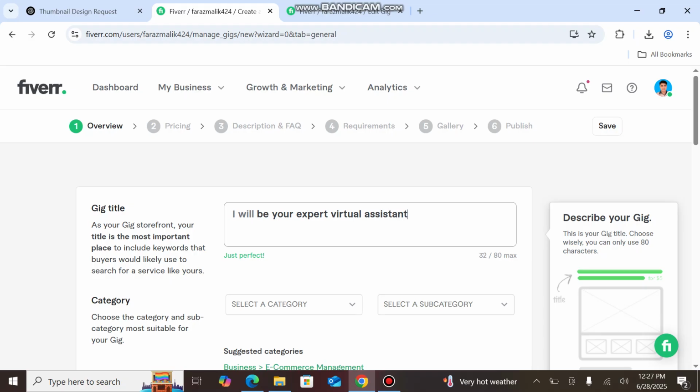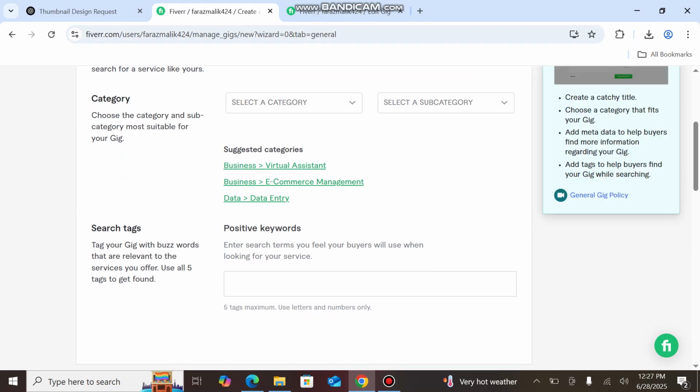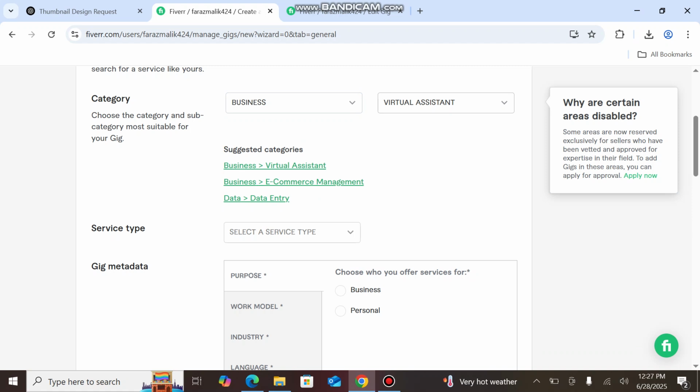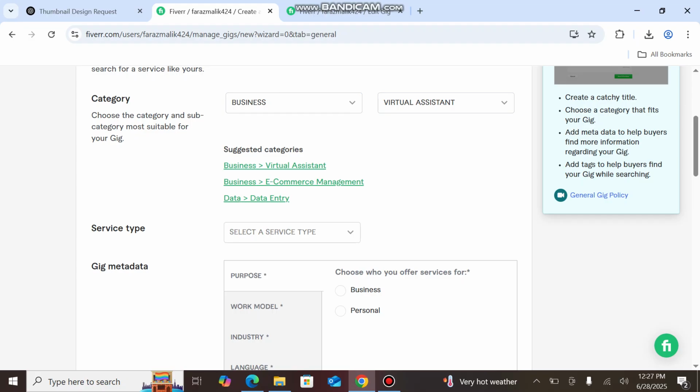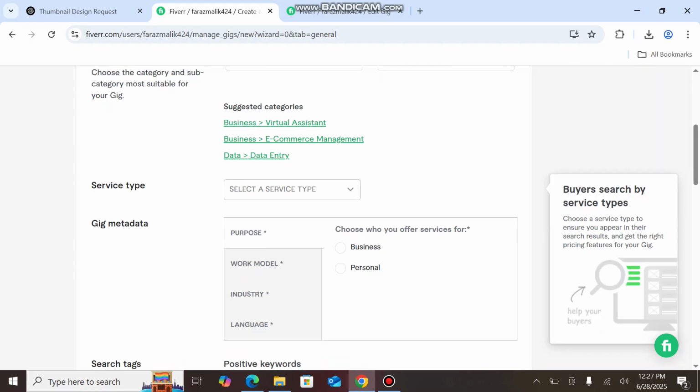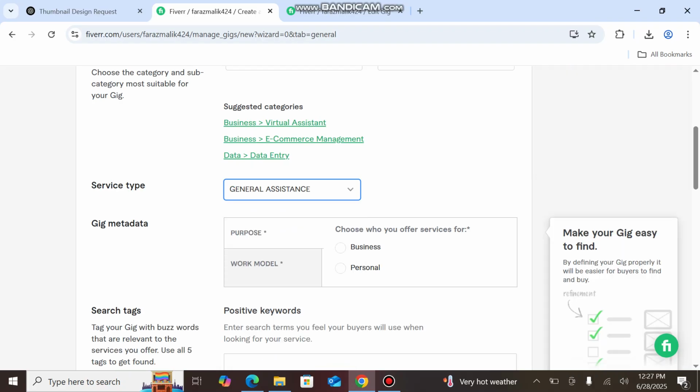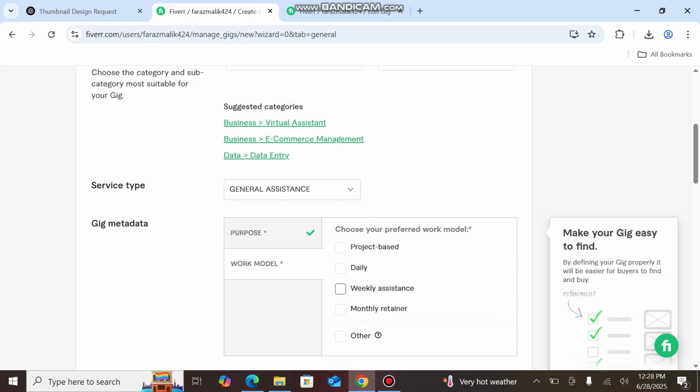I will type here, and next I will click the category and subcategory. You can choose your category. For example, if your gig is related to graphic design, you will select this. If it is related to digital marketing, you will select this, and then you will select the subcategory. Since I am creating a gig for a virtual assistant, I will type virtual assistant, and under service type I will select general assistance, and you can select here the purpose, work type, weekly assistant,